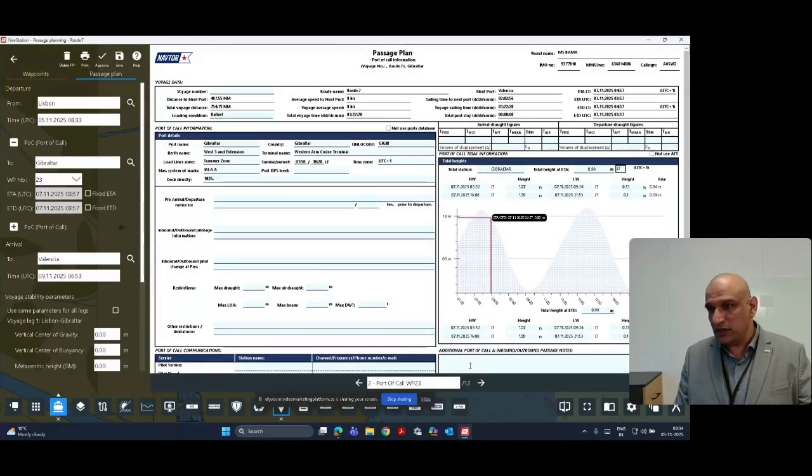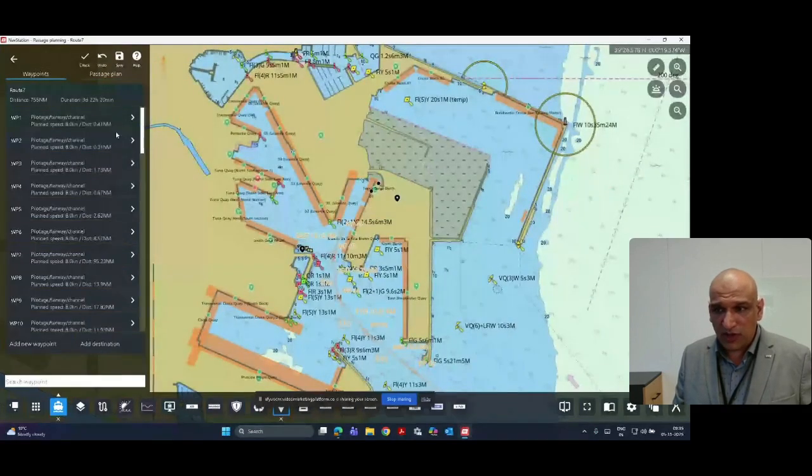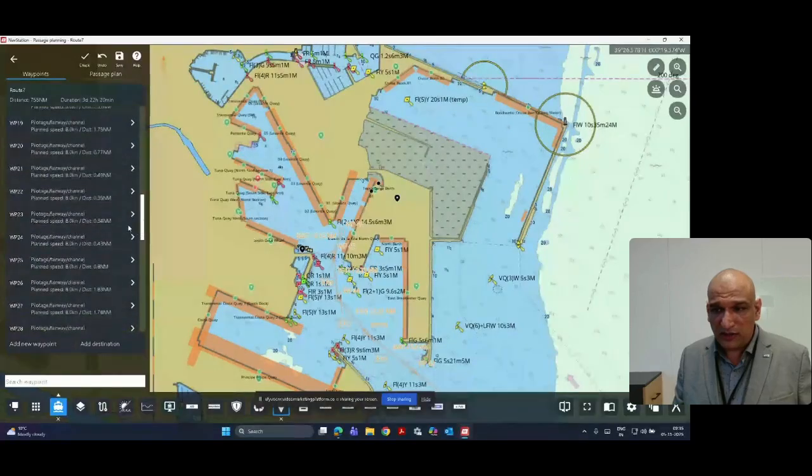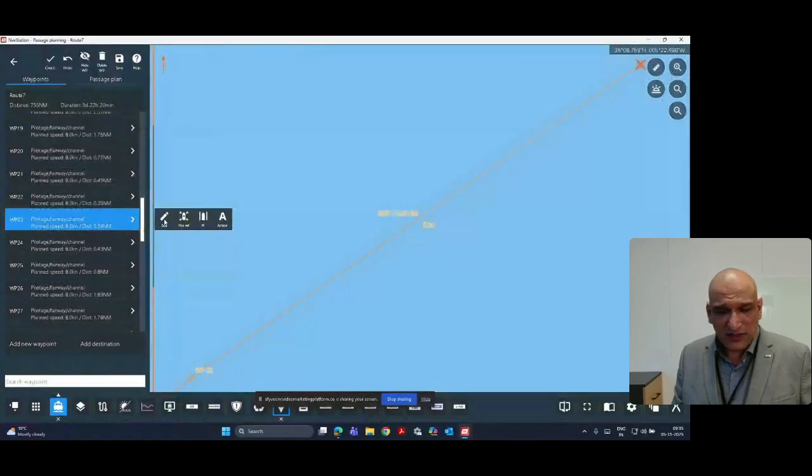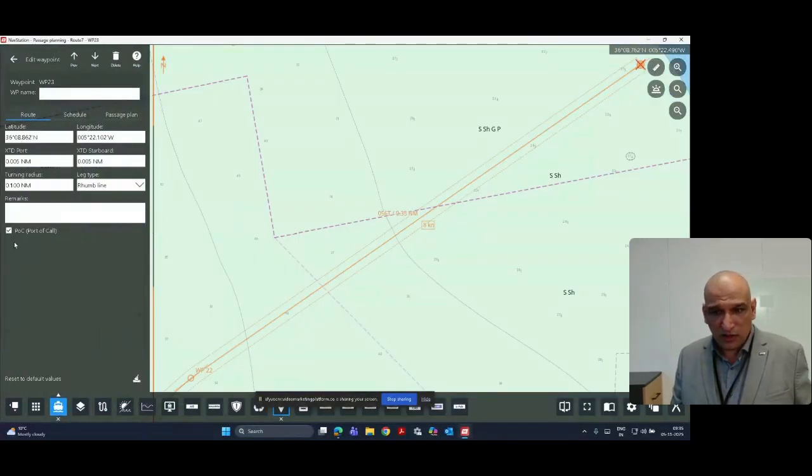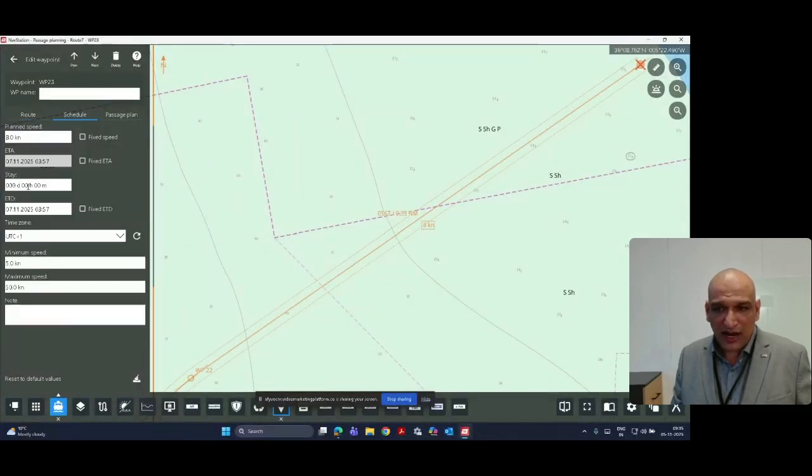This is for Gibraltar. All of this port details data is automatically fed in. You have the ETA and ETD for Gibraltar. You can feed in your arrival and departure routes for underkeel clearance calculation. The tidal height data is available for up to 7 days. I can quickly go in the waypoints, and I know that waypoint number 23 is my port of call waypoint. Actually, inside the waypoints also, you can mark the port of call at the bottom. But in the schedule, what I'm going to do is add a 12-hour port stay in Gibraltar,